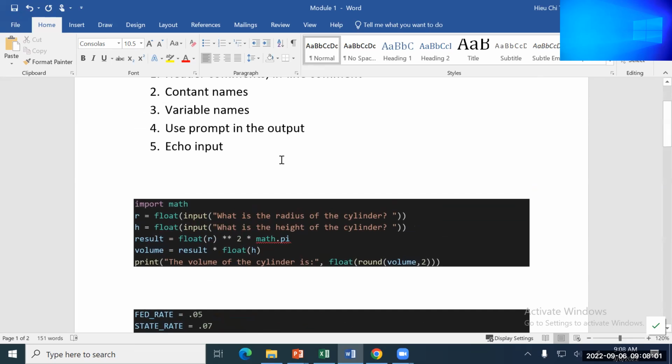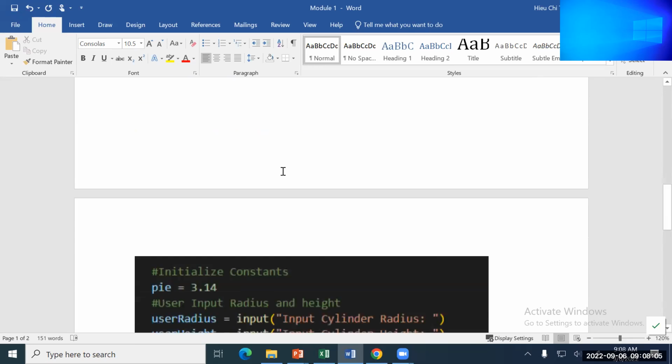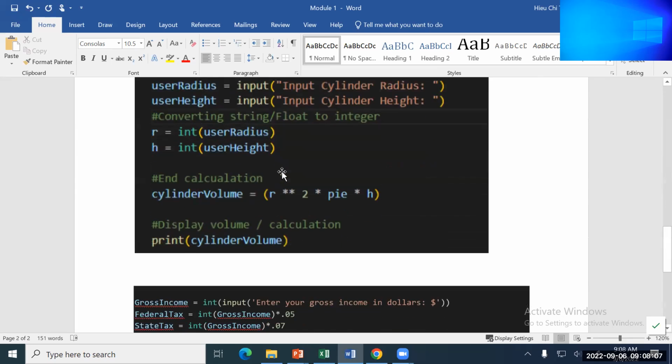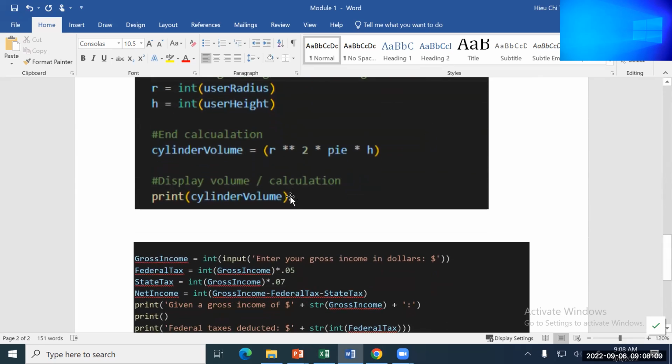And the user prompt for the input. What is the prompt for input here? Yes, this one also. So if you look on this one, if you run the program, right? If you run the program, think about this one here. After you enter the radius and